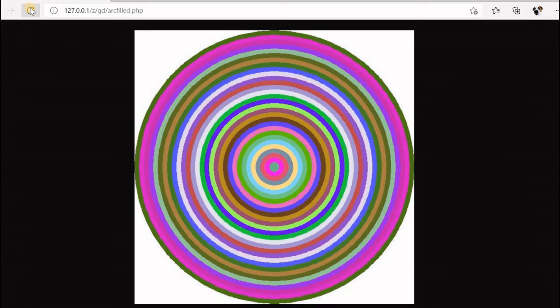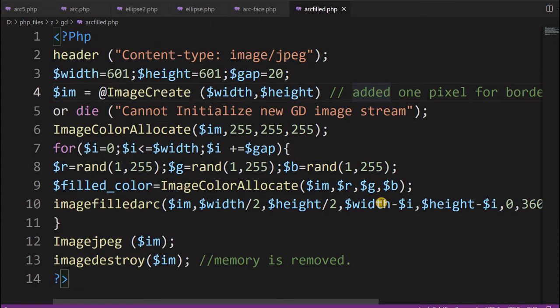That we'll see now. To get the different colorful arcs, we'll not change the height and width. So inside the for loop, we'll keep the width constant and height also constant. Here the angle will change. So this angle will take it from here, and then we'll take it from here.